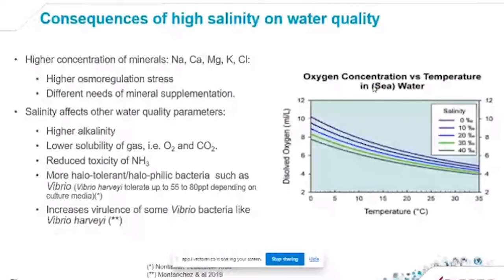More halotolerant or halophilic bacteria, such as Vibrio. Vibrio can tolerate up to 50 or even 80 ppt salinity, depending on conditions. So if your salinity is high, there's a better chance you'll get more Vibrio in the pond and the gut of the shrimp. And furthermore, it seems that higher salinity can increase the virulence of some Vibrio bacteria like Vibrio harveyi. So a higher risk of